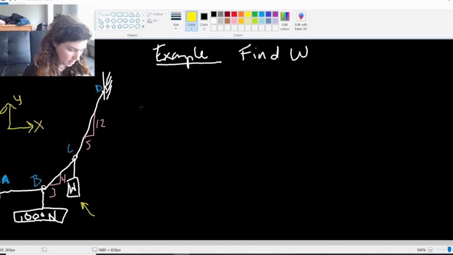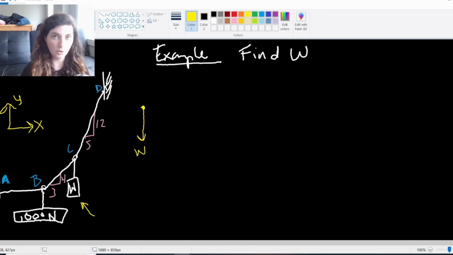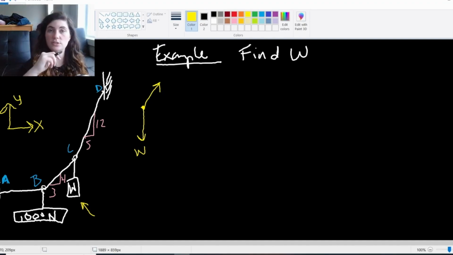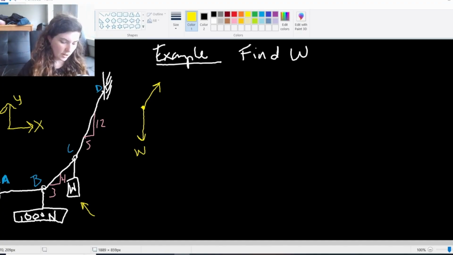So at point C here, I have W, the force of W coming down off point C. That's what we're looking for. Then I have this force coming up by this 5, 12, 13 triangle. Again, another special triangle that we're seeing. With this 5, 12, 13 triangle, I have this force coming up that is force CD, I'll call it just because it goes from C to D. And then I have this force coming down at a 3, 4, 5 ratio triangle. This force